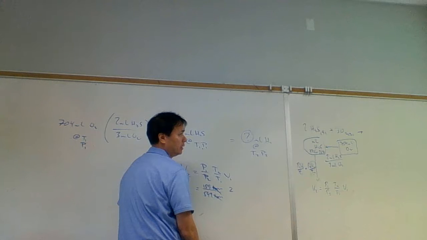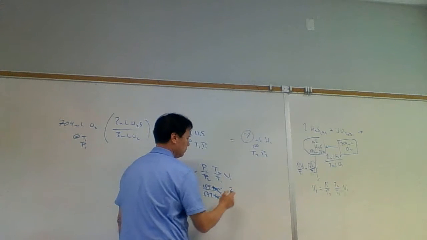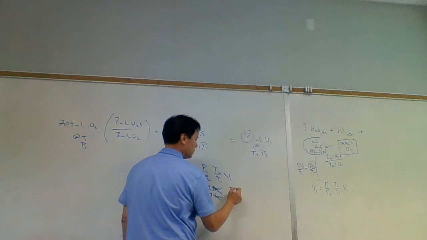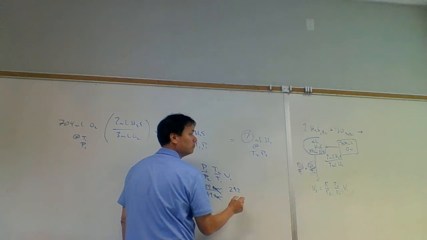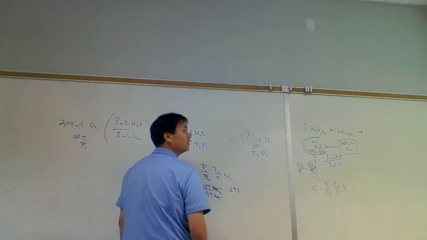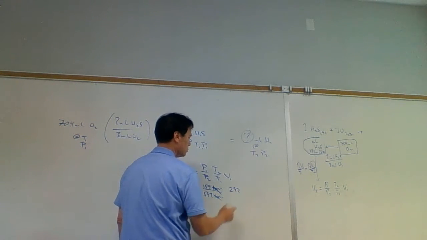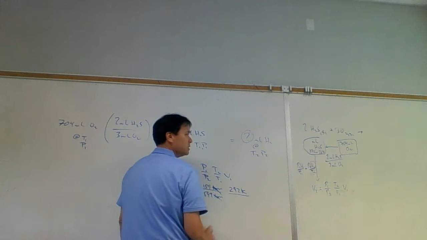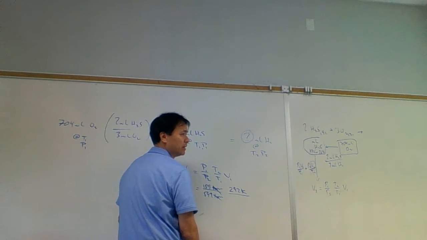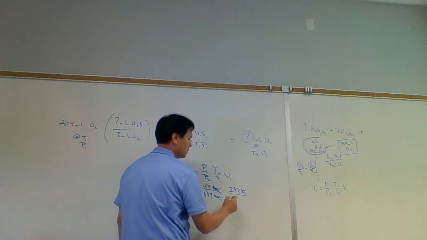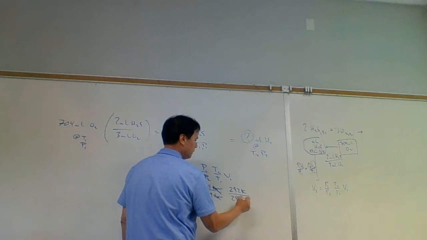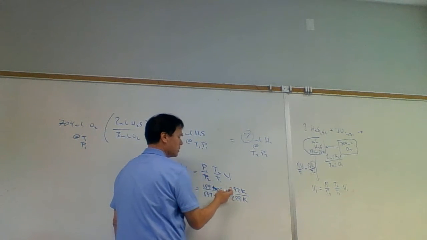19, 280, 292. 292 Kelvin. Is that right? Yeah, 292 Kelvin. T1 is 26 degrees C, so that would be 299 Kelvin. And so if we increase the temperature,